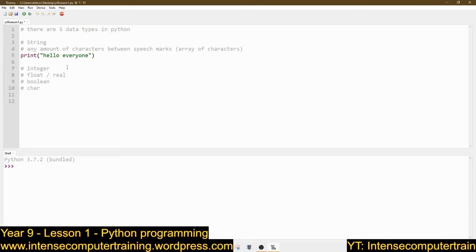Right, integers. These ones are trivial. We do maths. An integer is any whole number. Now, if I want to print a whole number to the screen, look what I do. Look how different that is from the one above it. I have not put it in speech marks. If you put it in speech marks, 36 now becomes a string. It's important because a lot of times you're going to have to convert from number to string, string to number, things like that. But that is now a string. Right now it's an actual number.